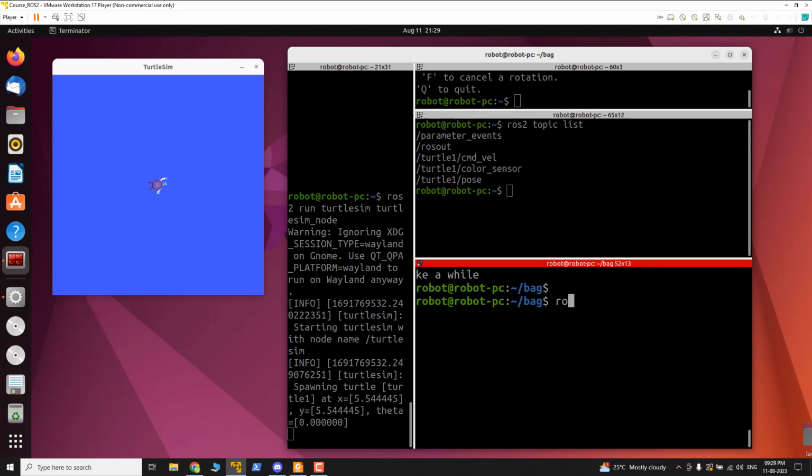So I'm just typing ls, and you can see there is a folder just created, named rosbag2 and some dates. So what I'm doing is I'm trying to play it, ros2 bag play,